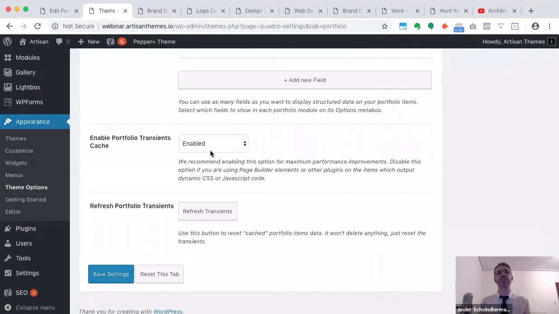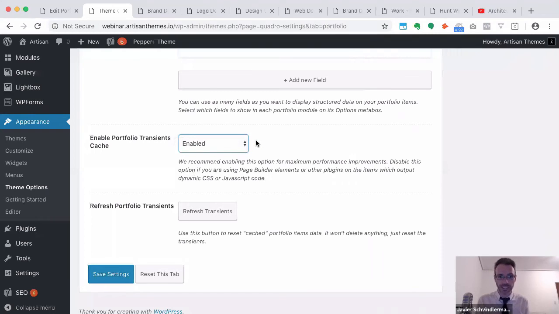But perhaps you're using a plugin that really needs to interact with your portfolio. If that's the case, it could be the case that the plugin doesn't really know what's happening inside the portfolio, because this option that we have here closes the whole portfolio and doesn't let the plugin know what's inside. So if you see that you need to use another plugin with your portfolio items and something is not working, this here is the first thing that you have to disable in order for that to be fixed, and hopefully